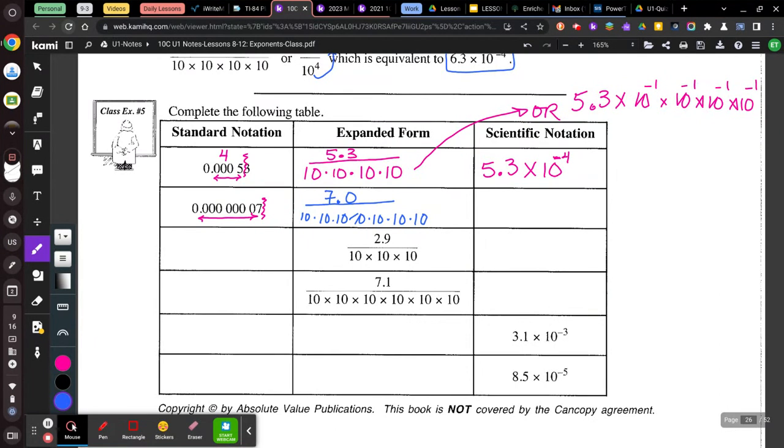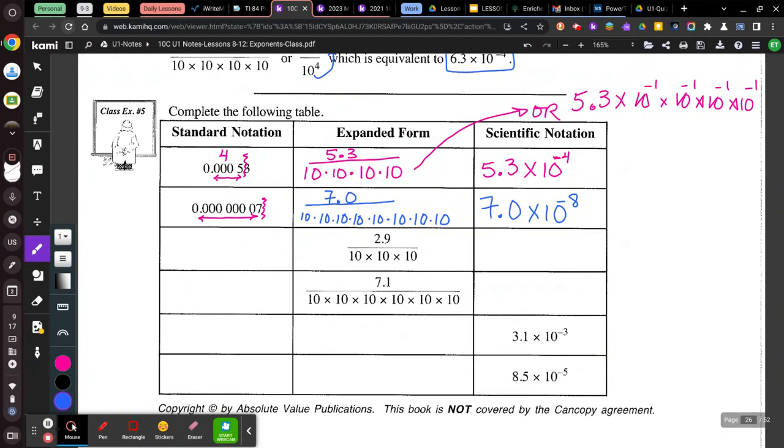Okay, let me count. 1, 2, 3, 4, 5, 6, 7. One more. 10. And that guy over here does not look like a 10. Okay. So we're going to convert to scientific notation now. We would have 7.0 times 10 to the negative 8, because we had to move it 8 places. So the exponent is always how many places you had to move it from his old location to his new